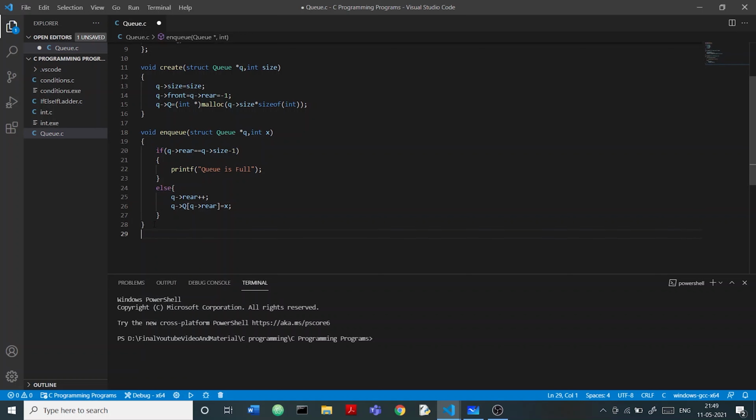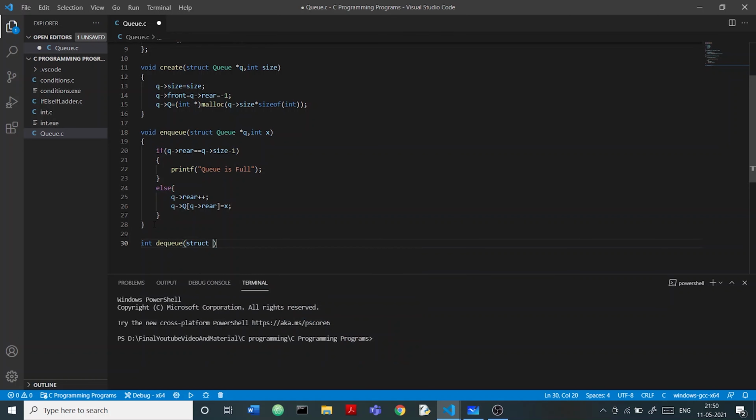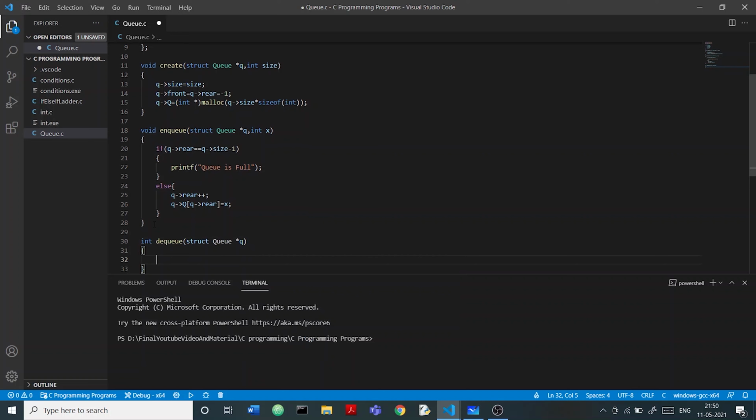Now you need to create one more function, that is the dequeue function, and this dequeue function is going to return us, or say pop out, the element from the queue. So dequeue is the function's name, and this function is going to consist of an argument of type queue itself. So struct queue star q again, and first of all we are going to check if the queue